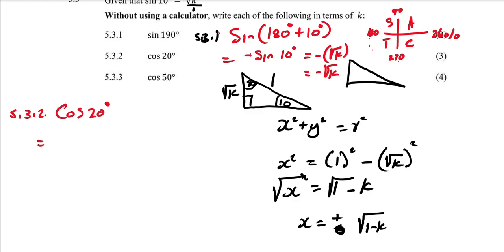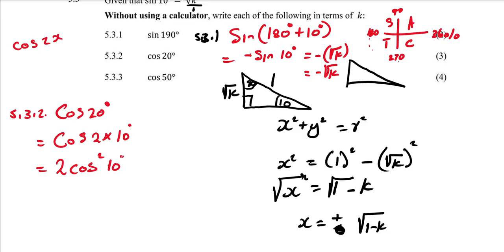So here, cos 20 is the same as cos of 2 multiplied by 10 degrees. When you go to your formula sheet, we have something like cos 2x or 2 theta. You will choose which formula you want, because there are many options. So I will take this one of 2 cos squared